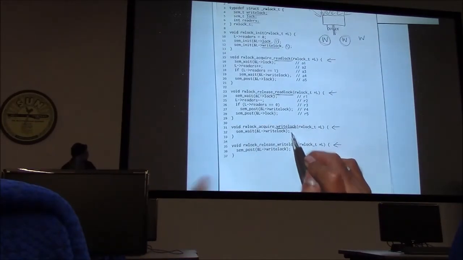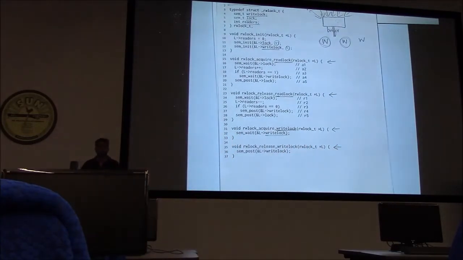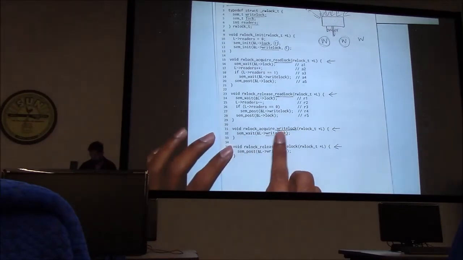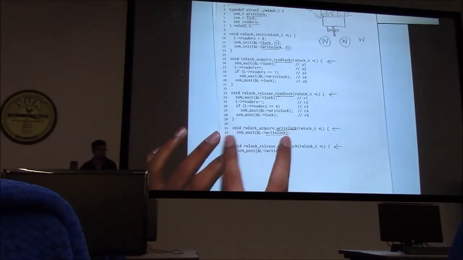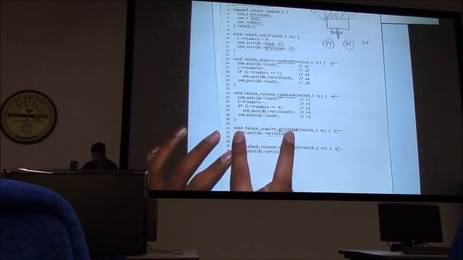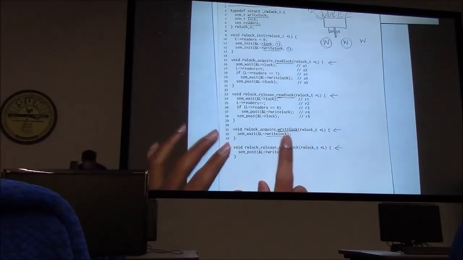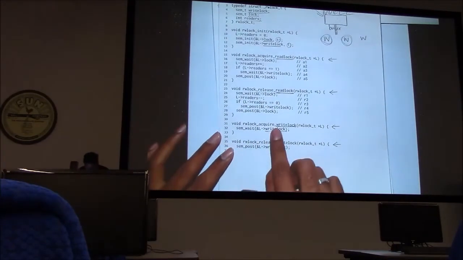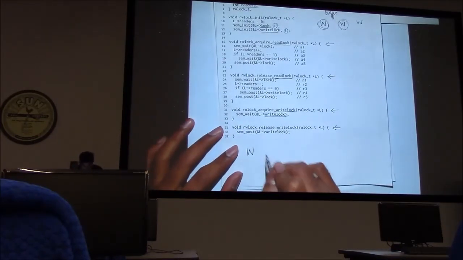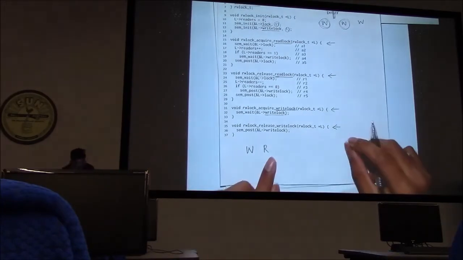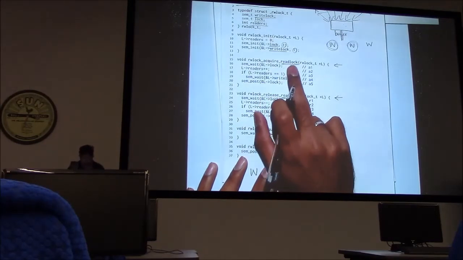In the write lock, we just call a sem wait on the write lock. After that, any thread that is trying to acquire the write lock will not be able to do so, because we have used the semaphore as a mutex lock here. So at this time, when a particular thread is doing a write, let's see if another thread can read. If a reader thread comes in and tries to acquire the read lock at that time,